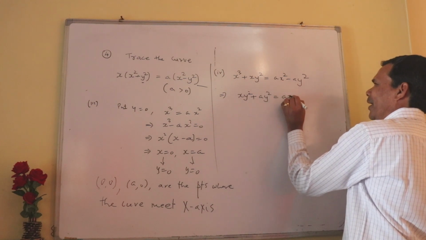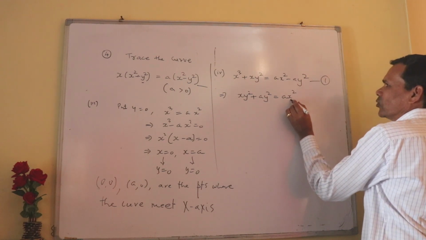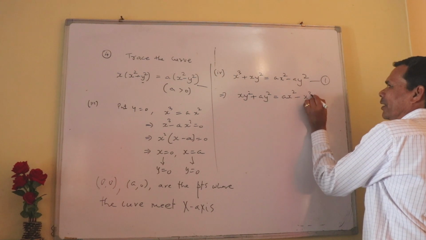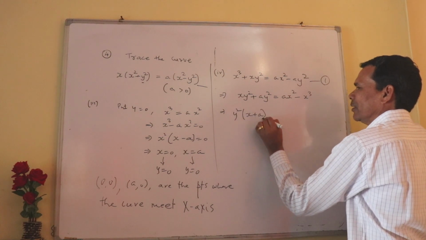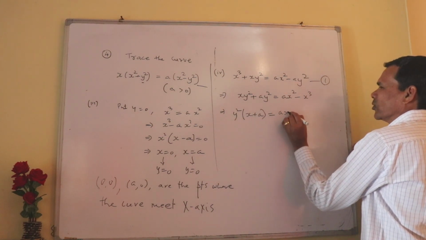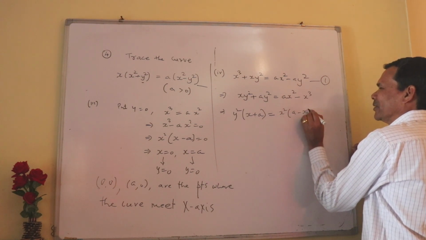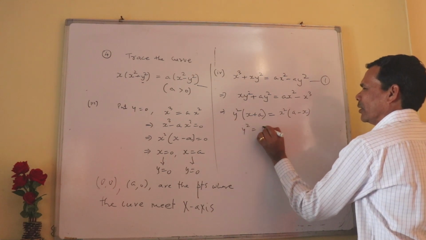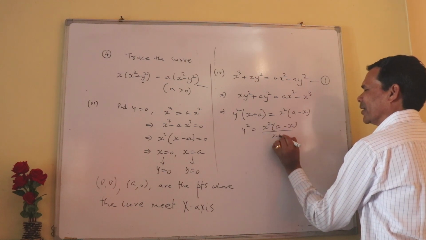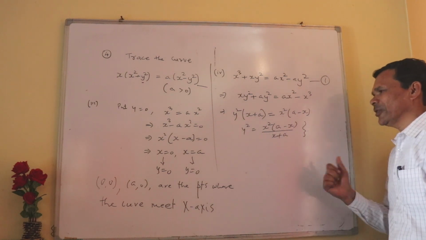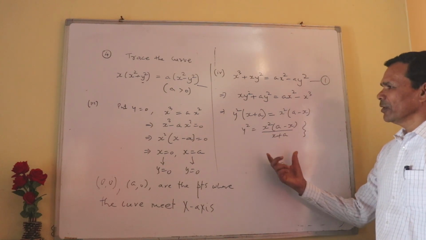This is equal to ax square. I call this equation 1: ax square minus x cube. I take y square common here, so it is x plus a, equal to ax square, or I just take x square common inside the bracket, a minus x. So y square is equal to x square times a minus x divided by a plus x. So this is the simplified, explicit form, where it is easy to analyze the equation of